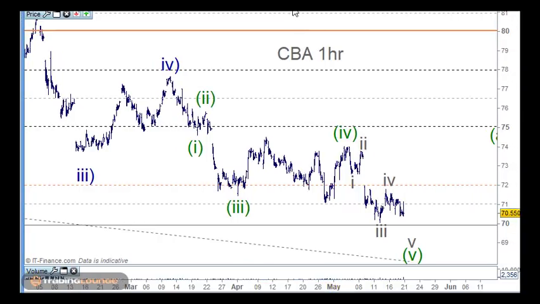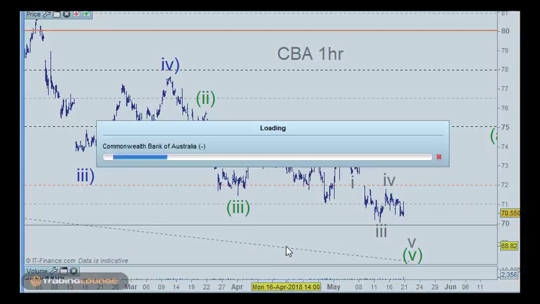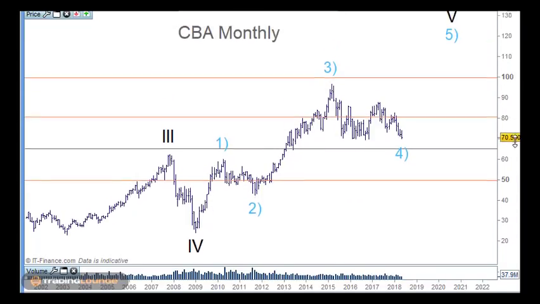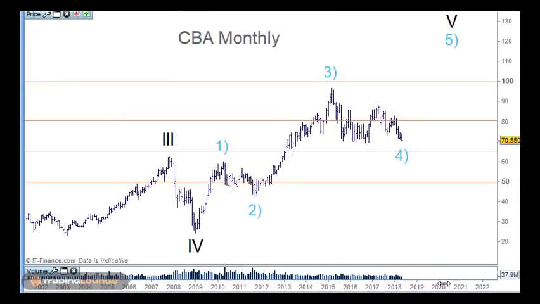if I just go to the bigger picture first, I think a monthly should do the job. So on the monthly chart here, if we're thinking that the resources are going to be topping, so this is 2016 here, okay, so remember in 2016 the resources were pushing to the upside, where this has gone into corrective mode here. So I'm thinking that this wave 4 can come down. It's past its 38.2% retracement level, but that's okay, as long as it doesn't overlap the top of wave 1 here, that's the main point.